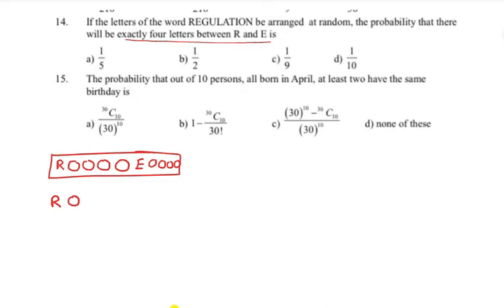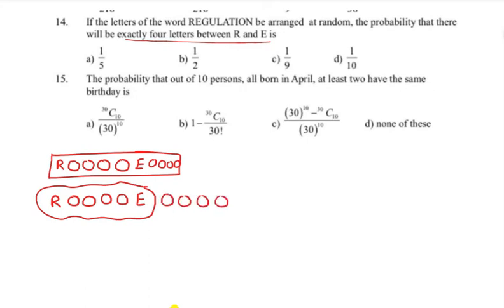So now what I am doing is R, gap, gap, gap, gap, and then I am calling it E. I am considering this as 1 unit. Now the remaining 4 are different units. So first of all, 10 letters can be arranged in 10 factorial ways. Now first I select 4 letters for these places. In how many ways can I select 4 letters? From the remaining 8 letters, 4 can be selected in 8C4 ways. After selecting, they can be arranged in 4 factorial ways. Okay, this process is over.